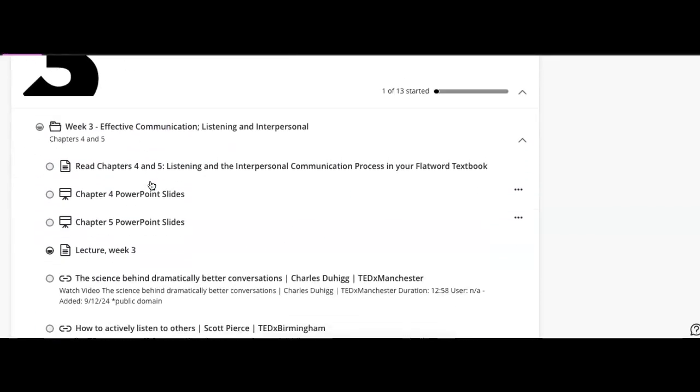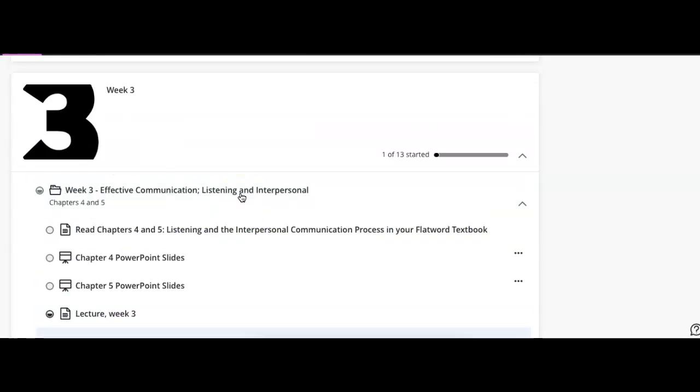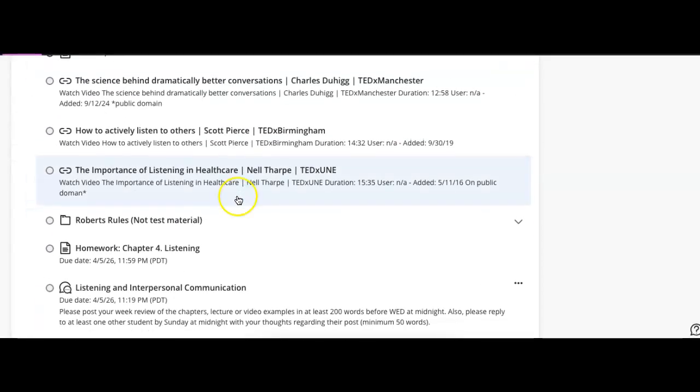When you talk about, of course, listening and interpersonal skills for effective communication, listening and Robert's Rules kind of go hand in hand. You've seen good meetings. I have. I've seen bad meetings, and you really need a method in which you handle a meeting, and Robert's Rules help with that. Only 2 things of assignments this week: Chapter 4 homework, and then listening and interpersonal skills.